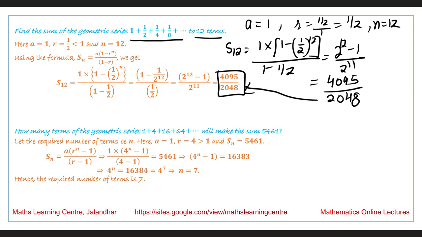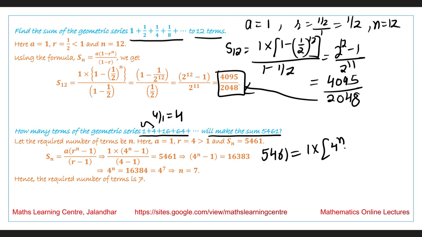Next is: how many terms of the geometric series will make the sum 5461? Suppose n terms make this sum. So we have 5461 equal to the value of a, which is 1, into the common ratio, which is 4 by 1, equal to 4. So we are saying it is 4 raised to the power n minus 1 divided by 4 minus 1. So we have 4 raised to the power n minus 1, that is equal to